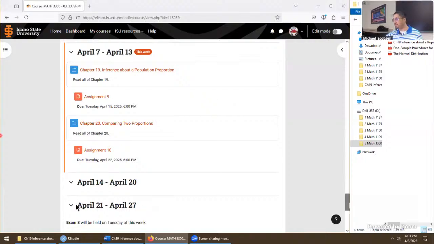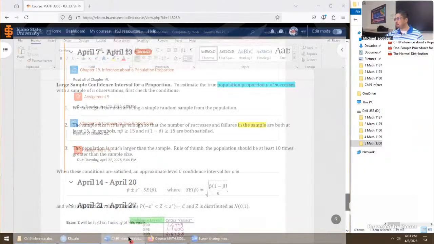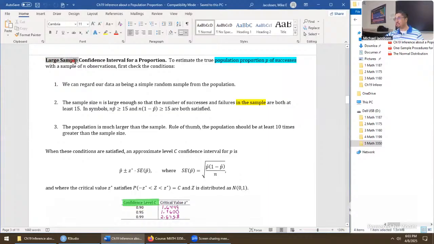Okay, well, we are back here, chapter 19. We covered one method on doing a confidence interval. And really the major thing that was tough about this method is they really mean it when they say large sample. We have to pass the conditions that the number of successes in the sample exceeds 15, and same with the number of failures. So this gives us a lower minimum of 30 just to run this method.